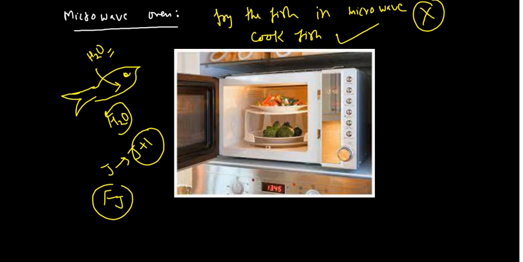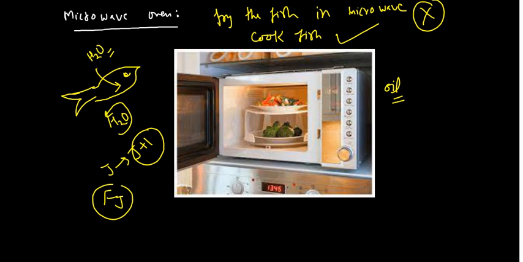That means the water molecules, during rotation, are exciting to a higher rotational energy level, and when they fall back to the ground state, they liberate that energy, and this energy is used to cook the food, or cook the fish. But if you want to fry it, your oil is not microwave active, so you cannot fry it. Another question: inside the fish there may be lots of biological molecules, but these molecules are too heavy, they cannot rotate in the microwave region. So this is something very, very important.